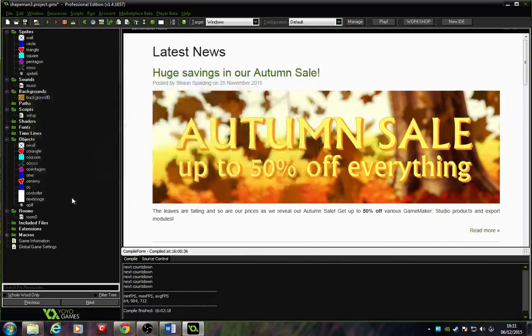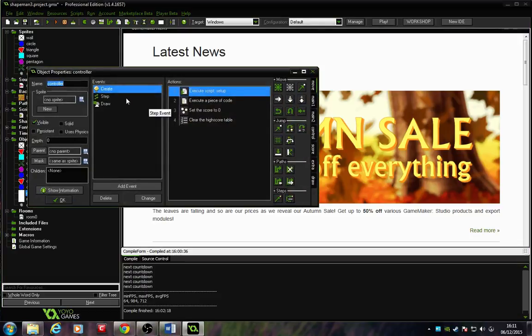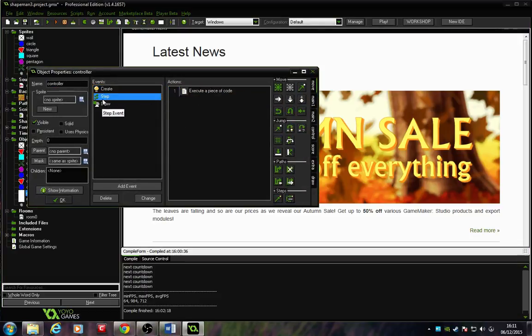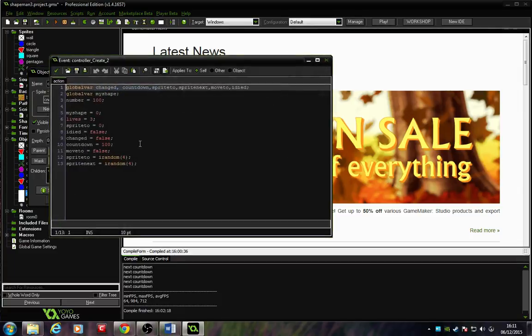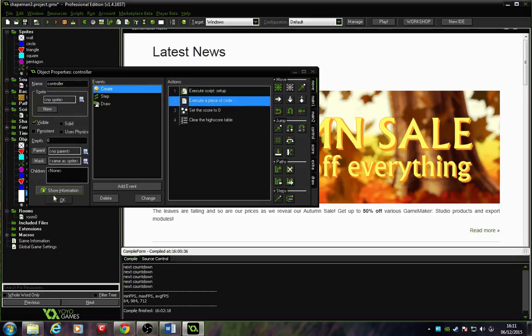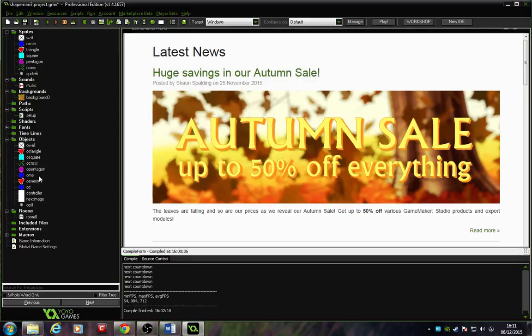How do we randomize it? We've got this object called controller. When it sets up, we have iRandom business. iRandom, you just create a random number from 0 to 4. So sprite 2 is randomized, so the enemy starts as a random number. Sprite next is what's going to be in that box. So let me just go back to